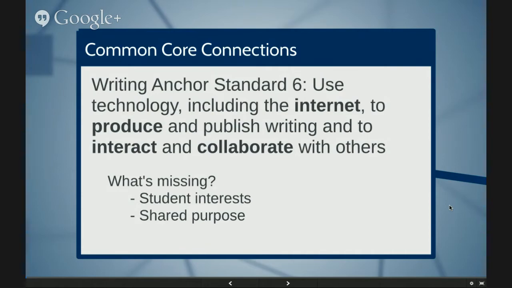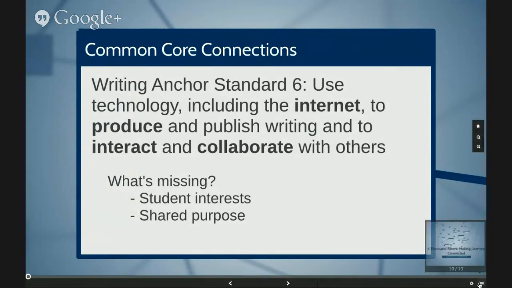But I do think what's missing from the Common Core in a lot of the standards are, number one, it never explicitly says anywhere that we need to connect learning to students' interests. All of the Common Core is very much driven by college and career readiness. So I think that's something that we have to inject as teachers into the Common Core, is finding a way to do all of this by starting from what our students are interested in. And also, like we've talked about, this idea of shared purpose. There's nothing explicitly in the Common Core about civic learning. It's something that we have to then go above and beyond what the Common Core calls for to give more of a purpose to our learning. So like Terry was saying, we can actually have that sense of connection in the classroom and have students be excited about their learning.